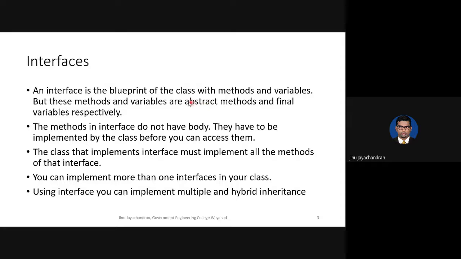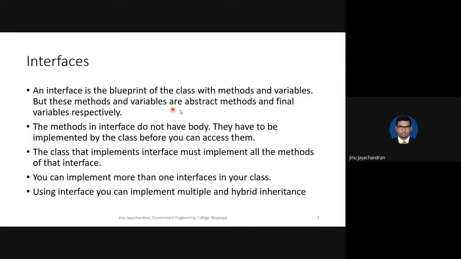If you look at a class, you have variable definitions, and you have definitions of functions where inside every function you write what you want to do. For example, if you want to print something, you say cout something. But for a blueprint, you will not write anything like that. You will just mention, okay, there is a function like this, that's all. You will not say what is inside. That is called a blueprint.